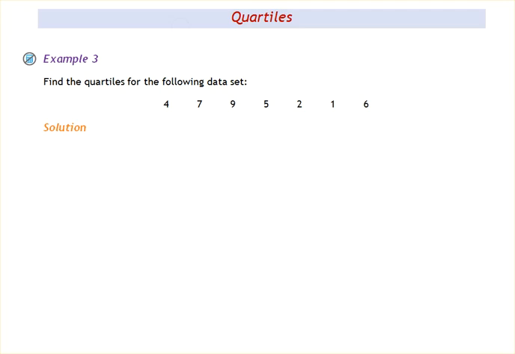So quartiles are used to divide a data set into quarters, and quartiles are found in a slightly different way depending on the size of the data set. But the first thing that's really very important when it comes to finding quartiles is that you have your data set in ascending order. So the values that we've got here need to be rearranged first of all into ascending order, and it's just a case of looking along and seeing which one is the smallest one and starting with